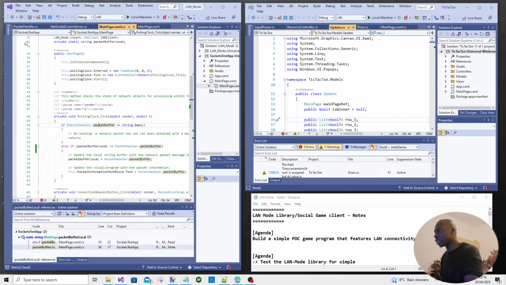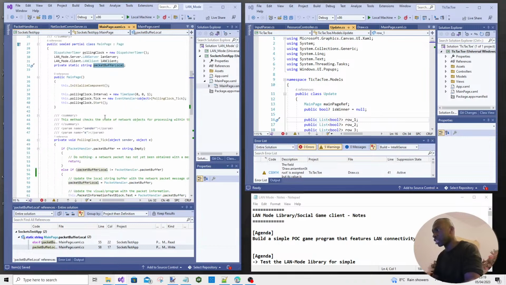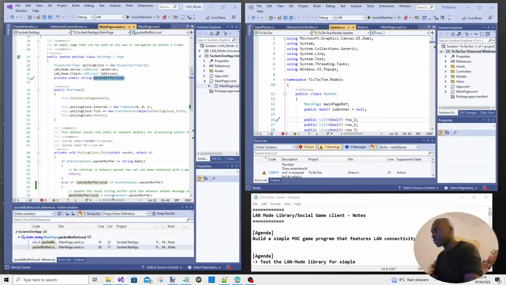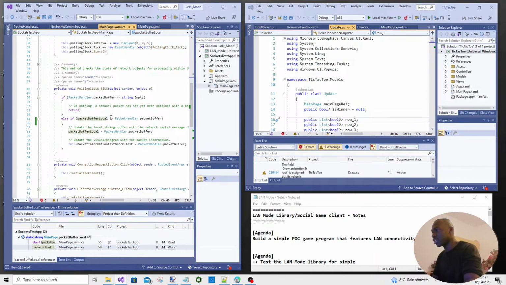And so what this evaluation does, as soon as the front end, so when you saw the test bench, the UWP front loaded up and you saw the button controls and stuff, this clock is already ticking. And what it's doing is a check. So it's checking if this packet buffer is empty, just do nothing. But if the packet buffer is populated, and when you think about it, I'm actually checking an inequality. So this packet buffer, which is by default string.empty if I'm not mistaken, this is also string.empty effectively because I've got a declaration and I don't know if I'm instantiating a value, it doesn't seem like it. But anyway, this is empty at first, so this actually evaluates for